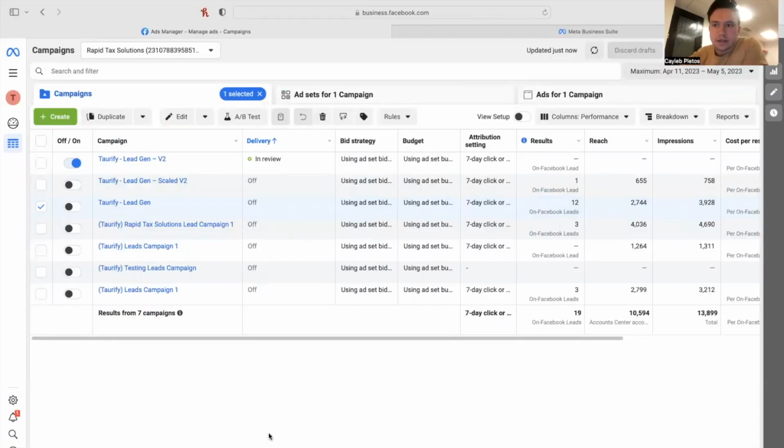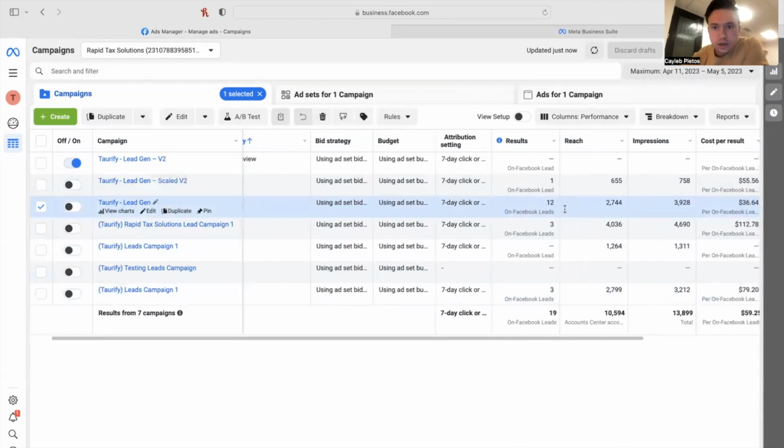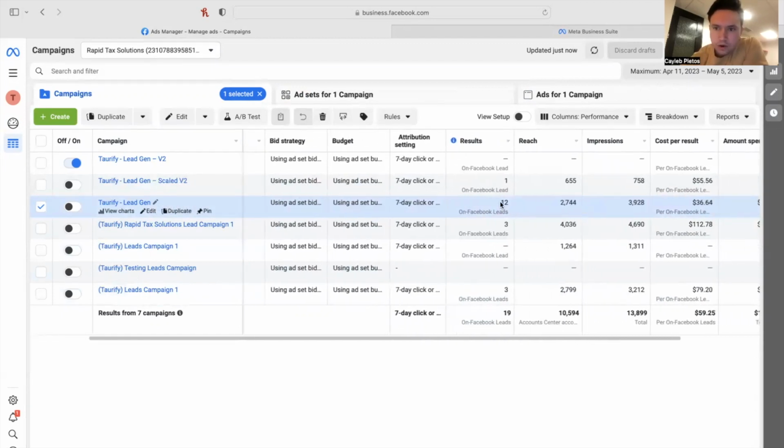So we're inside the Facebook Ads Manager right now, and I wanted to highlight a specific campaign that we finished off and ran. We had a couple clients go through, a couple contracts go through because of this. I'd say our lead conversion rate on this was probably about 30%, maybe 35%. So it was very successful, and I'm going to break that down and show you how we did it. It's this one right here, Torify, which is my company's name, lead gen. And this was about a 7-ish, maybe 10-day campaign. There were 12 leads that came in,